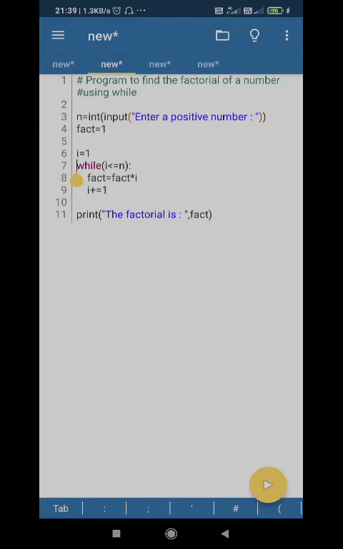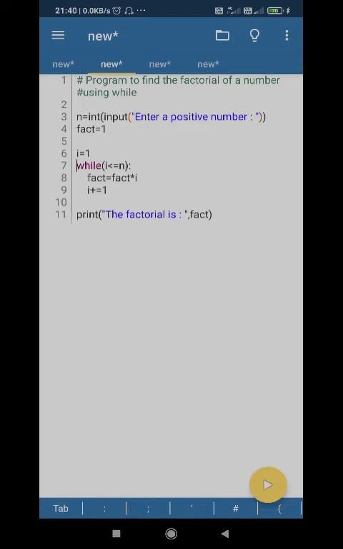I should go up to n, less than or equal to n. Either of these conditions should be satisfied. Initially I is definitely less than n. Finally it has to reach n, then stop there. So when I becomes greater than n, it shouldn't take the next iteration, it has to stop there.